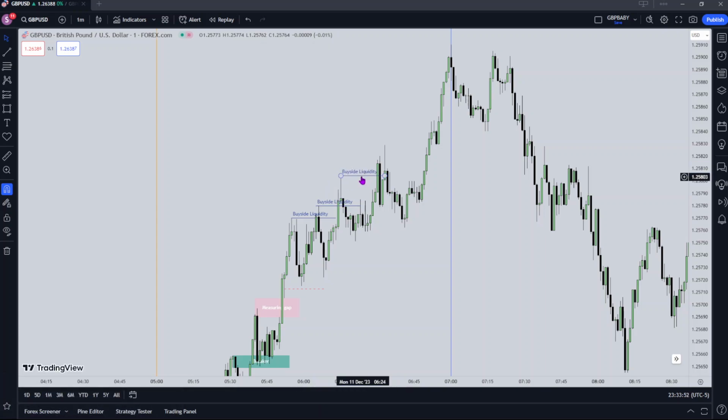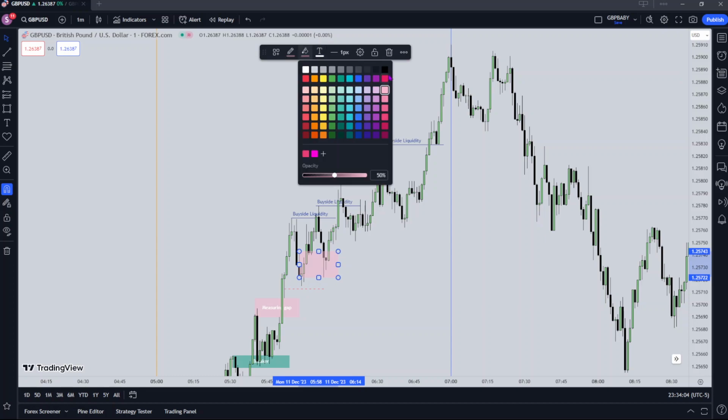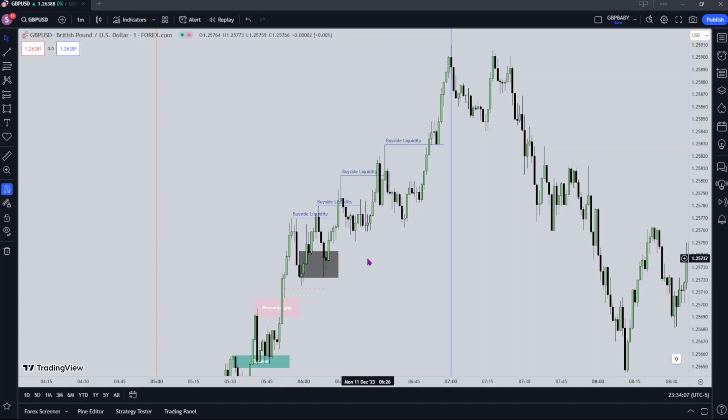what I like to do is just mark out how the highs are constantly getting ran, and how the lows are continuously getting respected and the order blocks are getting respected. So let's look at how these bullish order blocks are continuing to act as support on the way up. We have one there. Trade back into another bullish order block here, and then we have another bullish order block here. It's traded down into,